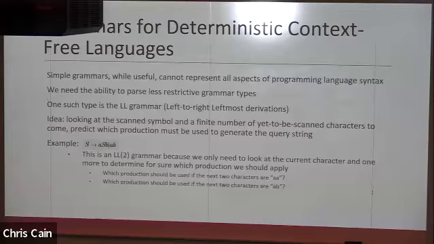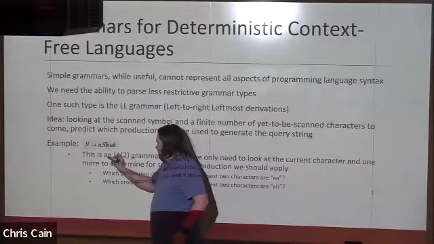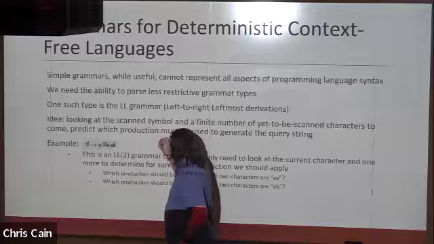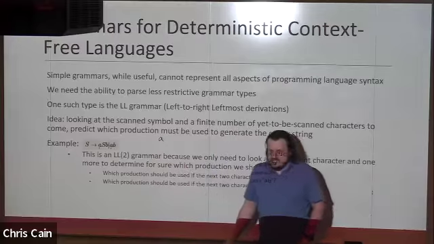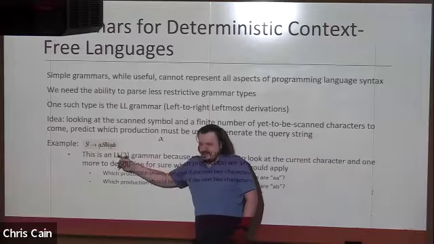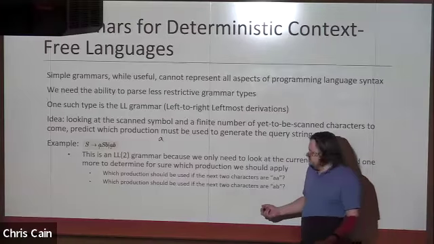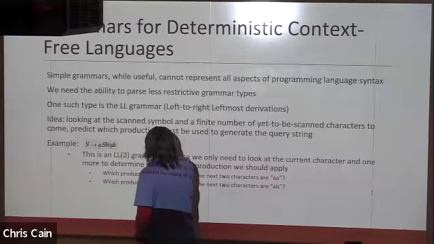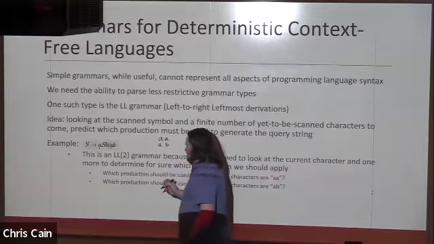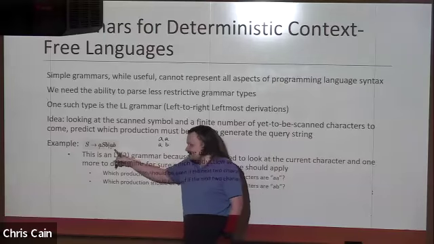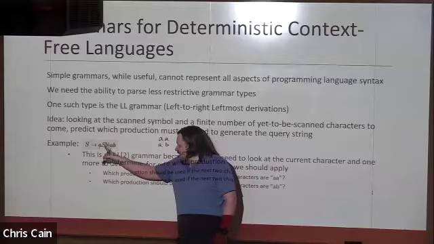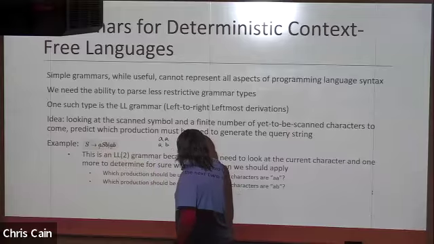So giving an example of this grammar, S arrow ASB or AB, it's an LL2 grammar because if it were LL1, then we'd have to be able to look at this A and make a decision when all we have in the string is an A. We see that there is an A in the string. Should we take the left-hand side or the right-hand side? We don't know, it's ambiguous. But as soon as I add a second character, one option is AA, one option is AB. As soon as we see AB, it has to be the right-hand side because the second character of AB is a B. But if we do ASB and expand, there are 2 options.